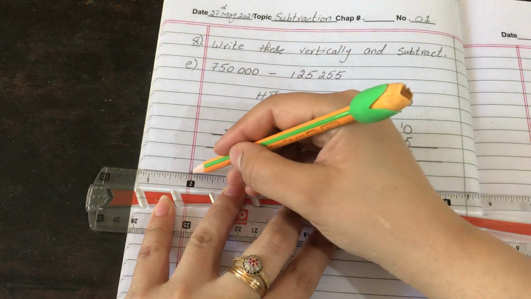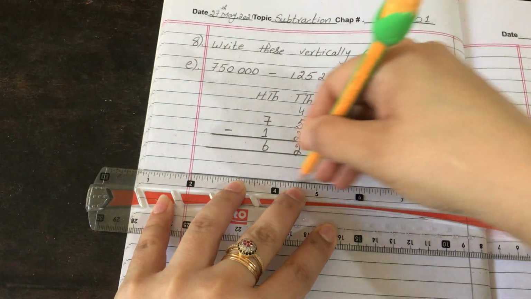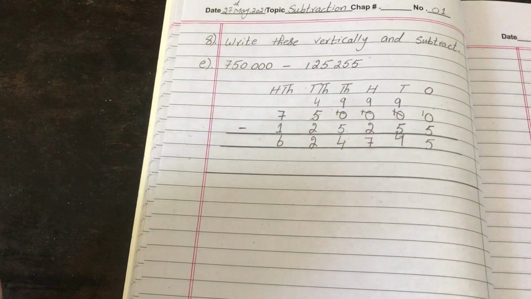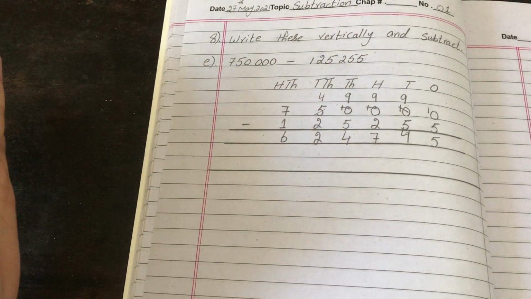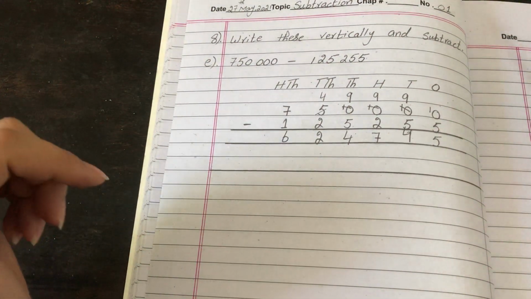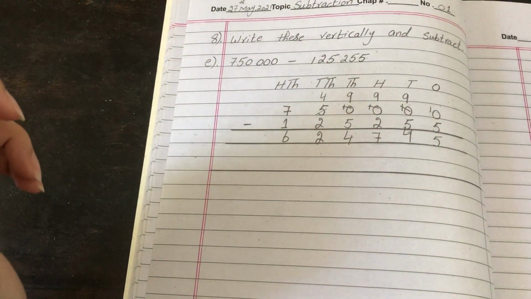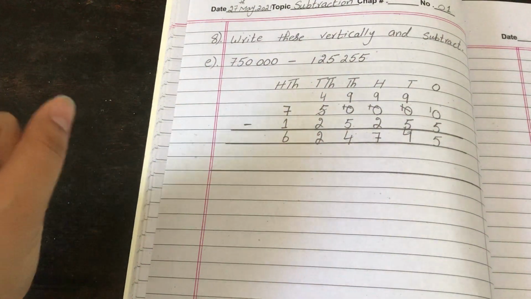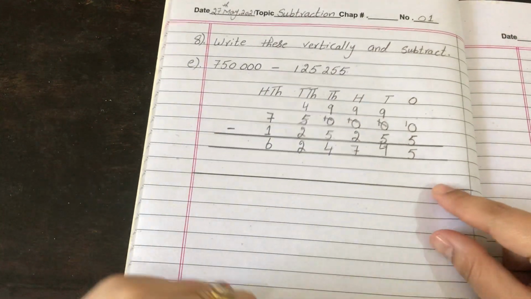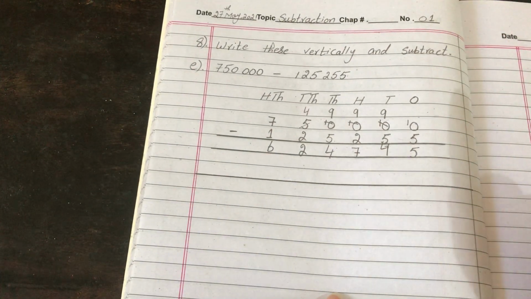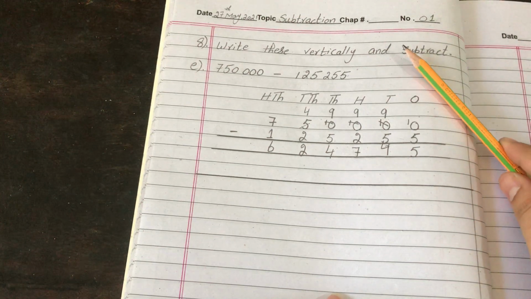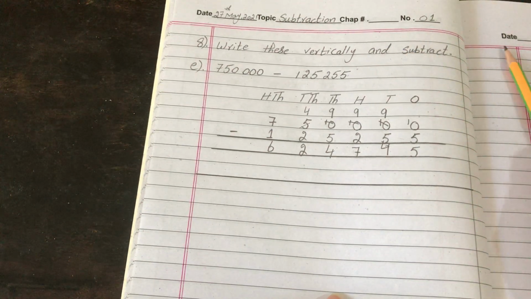After completing each part, draw a finishing line, margin to margin, and then start your next part. Okay, hopefully you have understood the procedure of subtraction and how you have to write it in the vertical form. And now you can complete your task. Your task, and your homework, is question number 8 of your page number 10, and you have to solve all the parts. I have done one part for you. And students, please, all of you, use this pattern in your notebooks, right? Keep your notebooks very neat and clean.